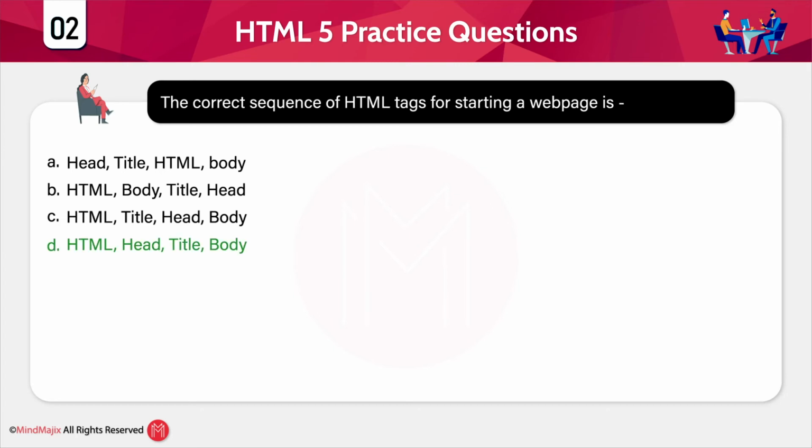This is the correct sequence of HTML tags for starting a web page. Option D is the correct answer. Within the HTML tag, the head tag would be there. Within the head tag, the title tag would be there. Once the title tag is closed, then the body tag follows. This is the correct sequence of HTML tags for starting the web page, guys.